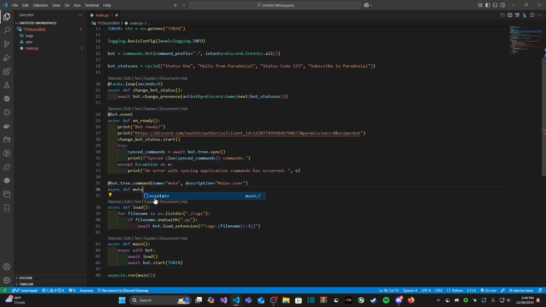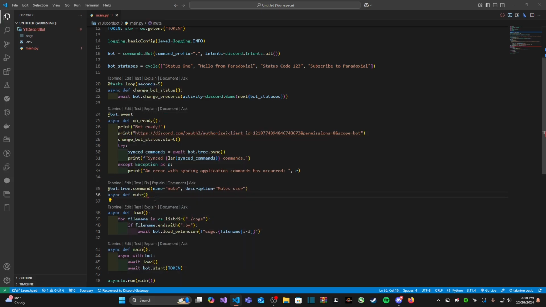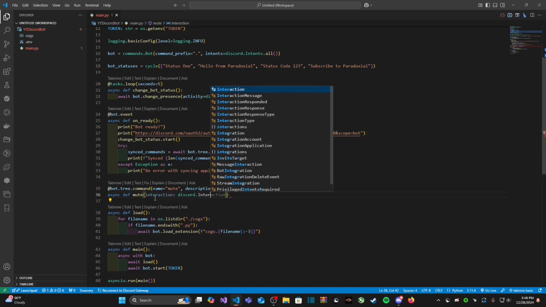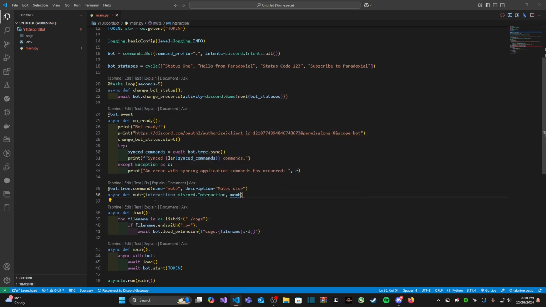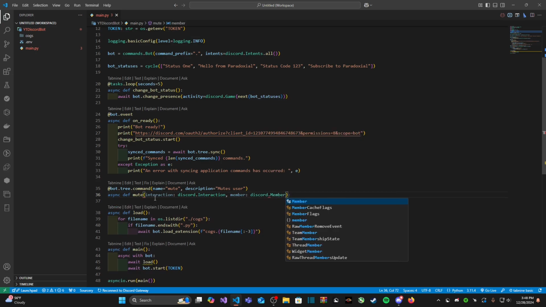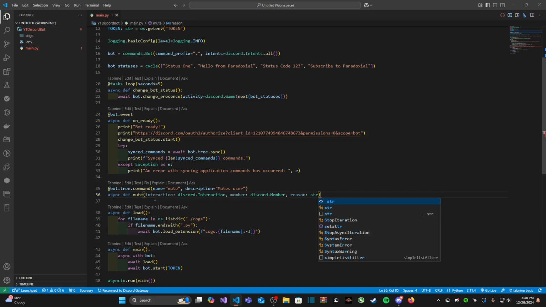And then we're going to call the actual function mute. And in here, we're going to pass an interaction, discord.Interaction with a capital I. And then we're going to pass in member, discord.Member with a capital M. And then if you want to provide a reason, you can, just in case you want to implement this into your logging channel that we learned how to set up